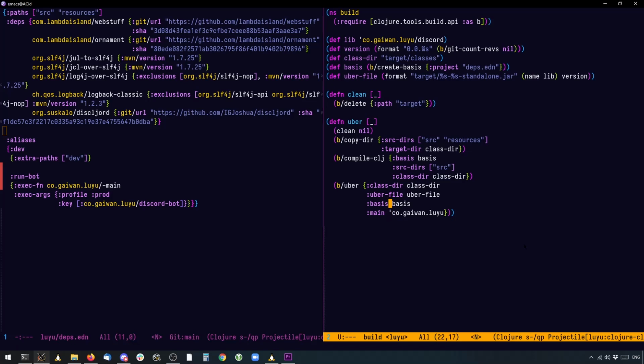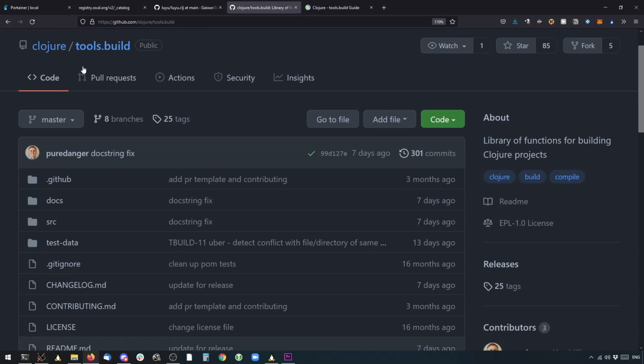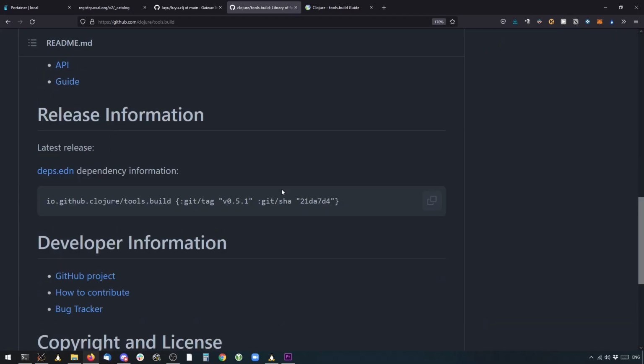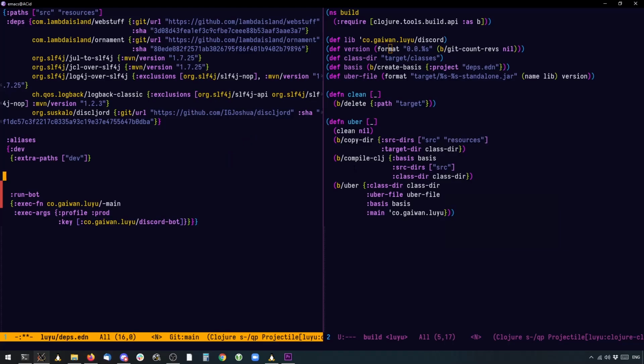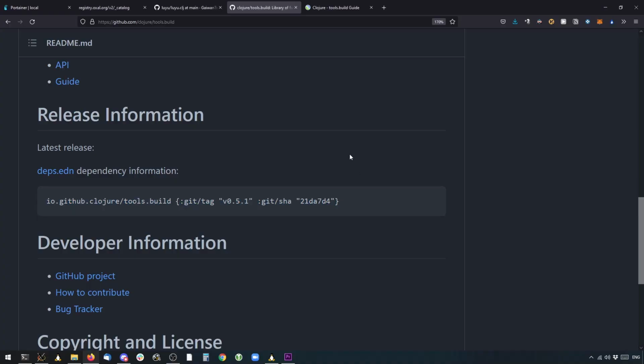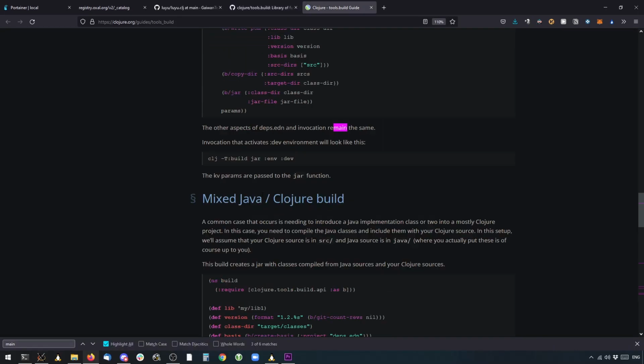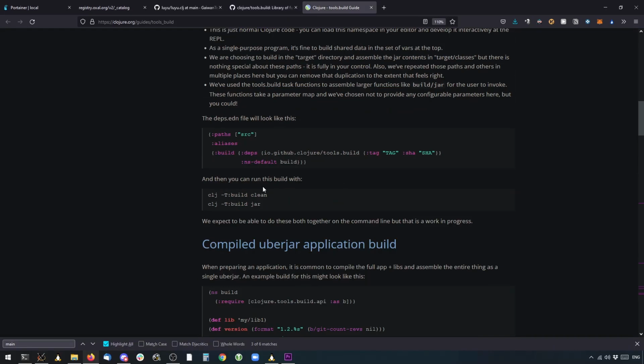And now we also need to install this tools.build. So go to the GitHub page and copy paste this dependency. We also need to mention the namespace where it's going to get built. So let's check what it was, yep. This is an alias with particular deps and ns default to build.